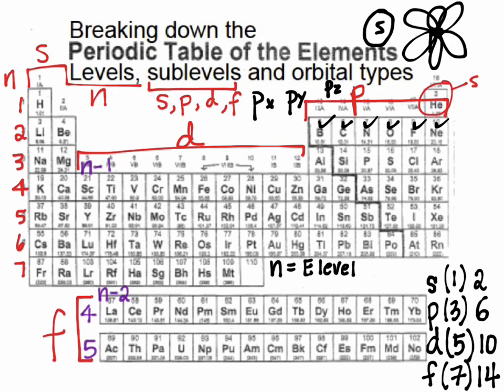If I go to level 4, how many orbitals are there in energy level 4? You have an S, you have 3 Ps, you have 5 Ds, and you have 7 Fs for a total of 16. So rather than doing that, if you just use your formula, N squared will tell me the number of orbitals